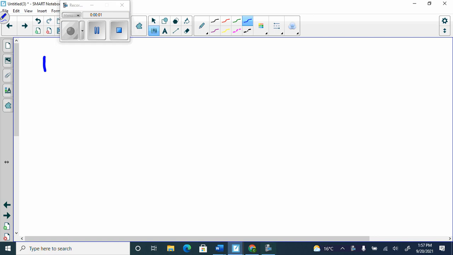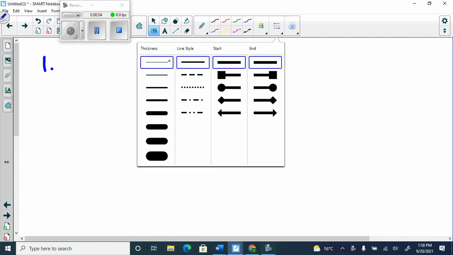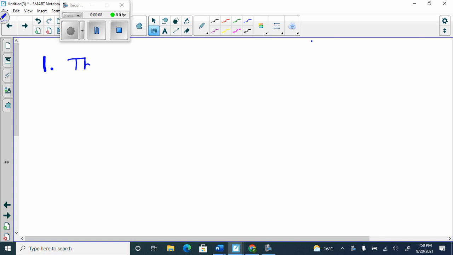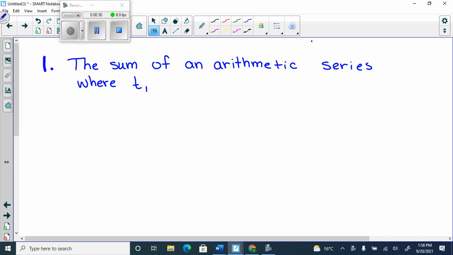Write it down. Number 1, smaller mark. The sum of an arithmetic series where T1 equals -2, T3 equals 7, and n equals 15 is blank. That's number 1. Number 2,